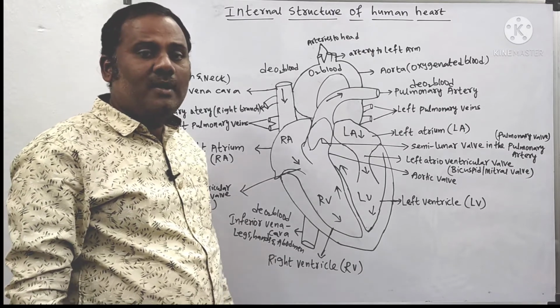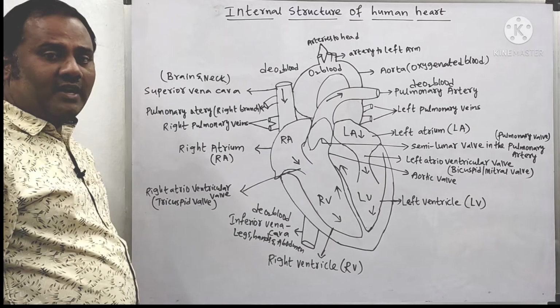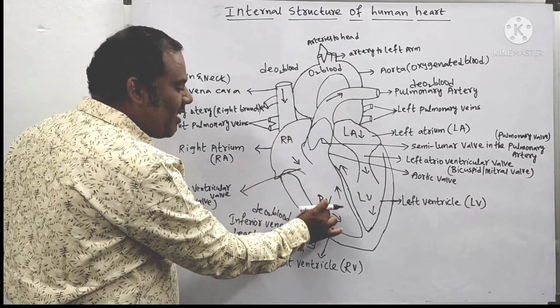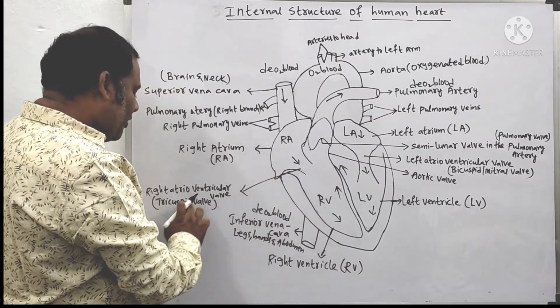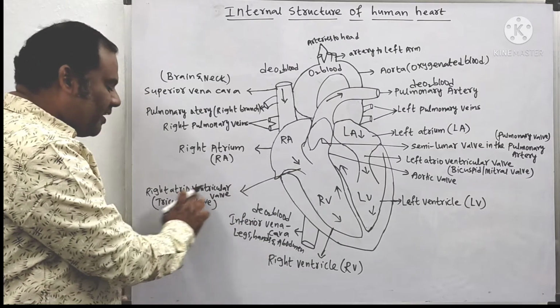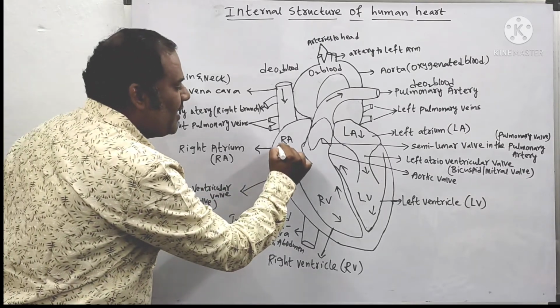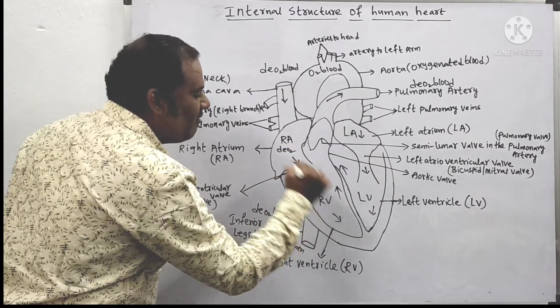Process of circulation of what? Blood. See, Nana, in this process of circulation, one thing we missed here: between the right auricle and right ventricle there is a valve. That valve is called the right auriculoventricular valve. This right auriculoventricular valve is also called the tricuspid valve, which allows the deoxygenated blood to flow into the right ventricle.